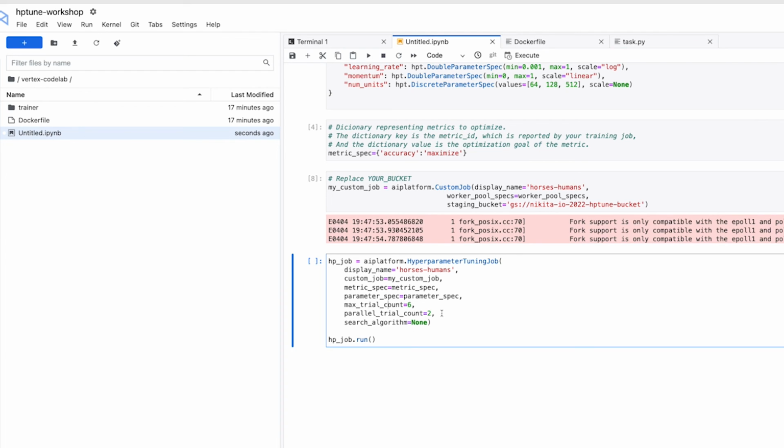The second argument is the parallel trial count. And if you choose to use parallel trials, the service will provision multiple training processing clusters. Increasing the number of parallel trials will reduce the amount of time overall that the hyperparameter tuning job takes to run. However, the downside is that it can reduce the effectiveness of the job overall. And that's because the default tuning strategy will use results of previous trials to inform the assignments of values in subsequent trials. So we're defining that tuning strategy here in the search algorithm argument, which we've set to none.